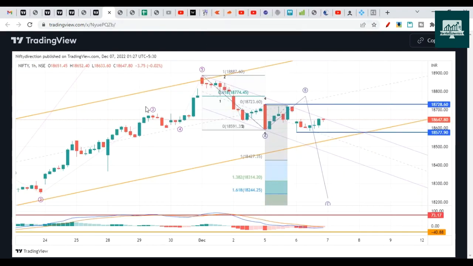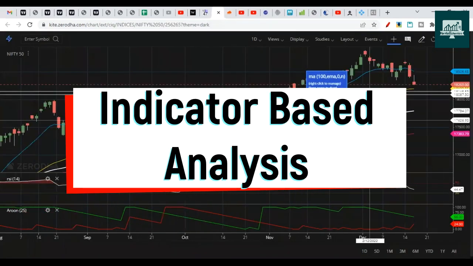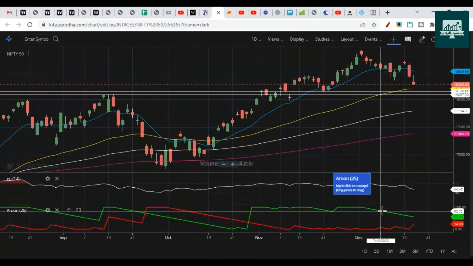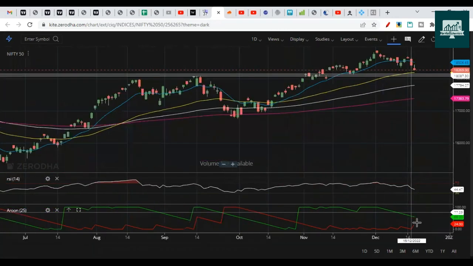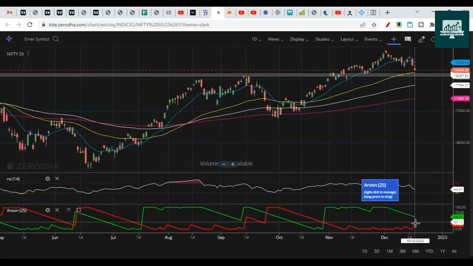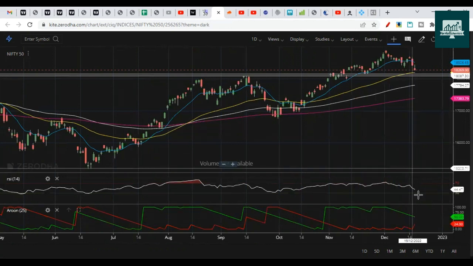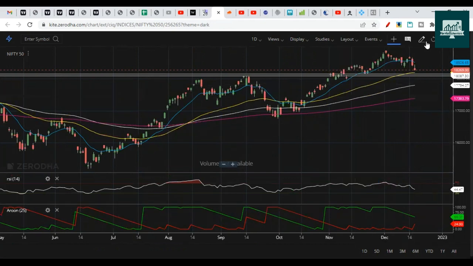So now we are going to check the price action and indicators. If you remember last week, we explained that Aroon is turning down. It came below 70. Now it's near 50. And the red is also turning towards the green line. So if they cross, then on that day, there will be a big fall. After the big fall, only then will it cross. And the cross means the drop is going to come, and the drop will be bigger.